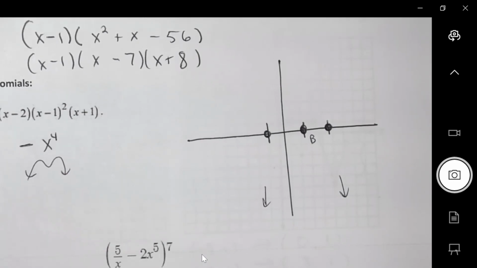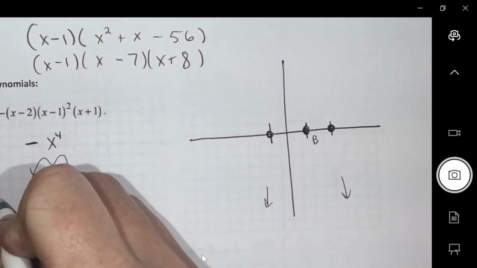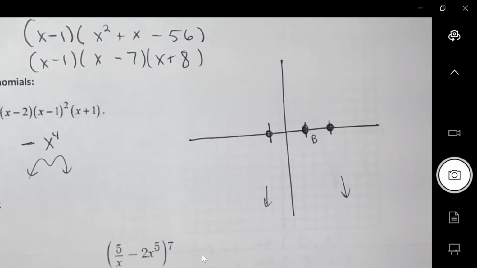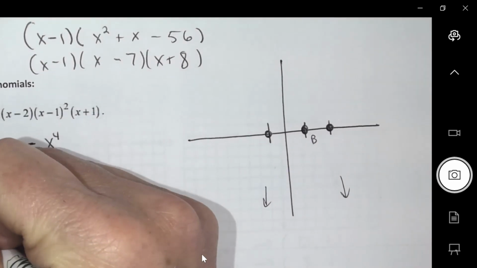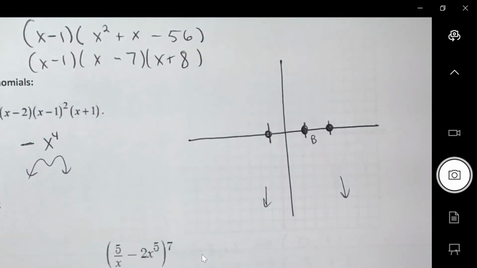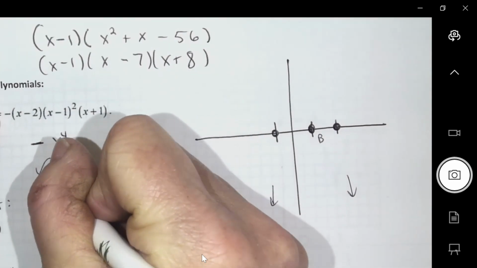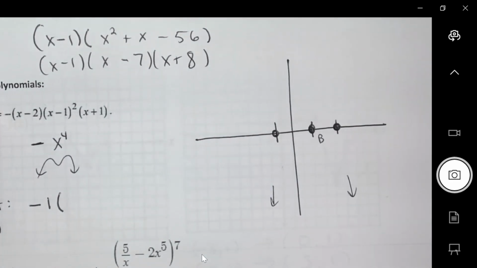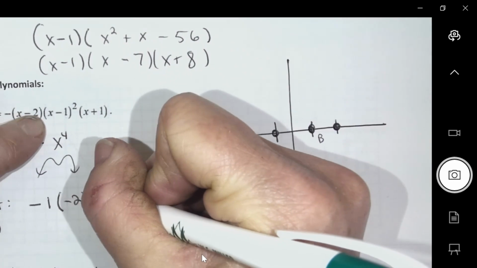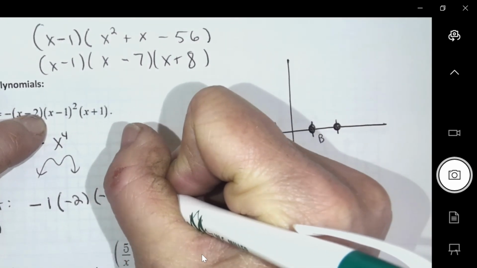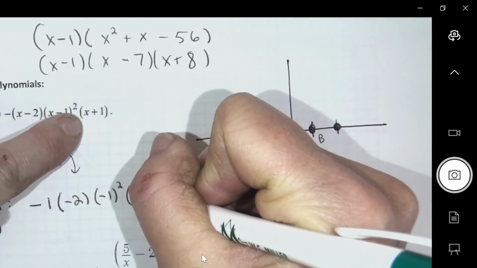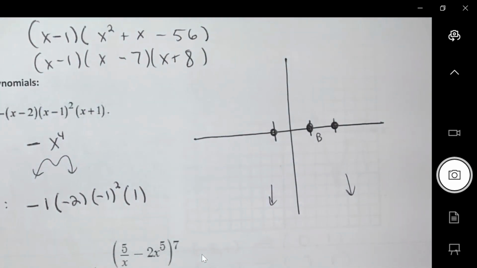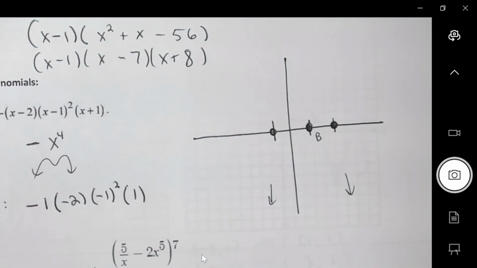Okay, there's one other thing I need. I need the y-intercept. So that means I'm going to think about what's happening if x was 0. What's the y when x is 0? So negative 1 in the front, 0 minus 2, 0 minus 1 squared, and 0 plus 1 makes,